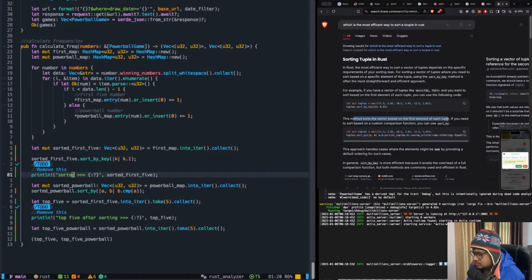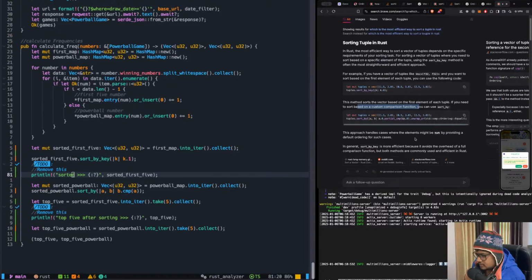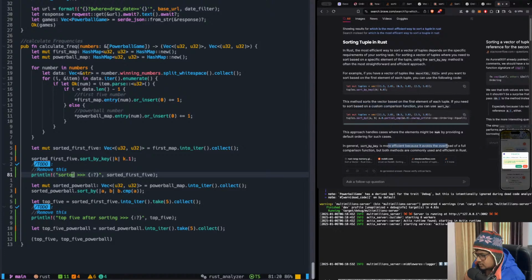If you need a custom comparison function, you can use sort_by. So this is what it does: unwrap_or Ordering::Equal. This approach handles cases where elements might be NaN by providing a default ordering. In general, sort_by_key is more efficient because it avoids the overhead of a full comparison function, but both methods are commonly used and efficient. Alright, we are going to stick with this. Somehow we need to find a way so that we can